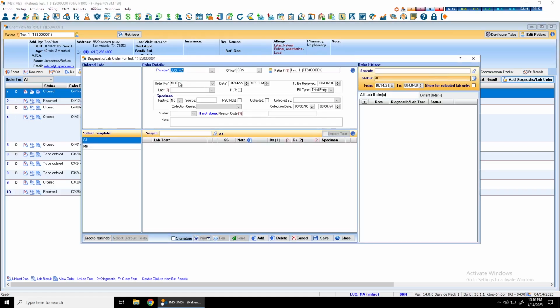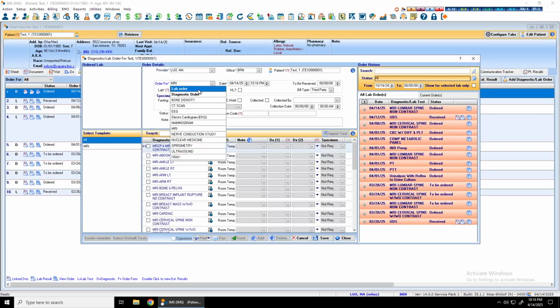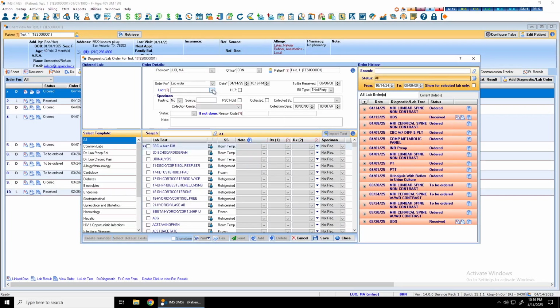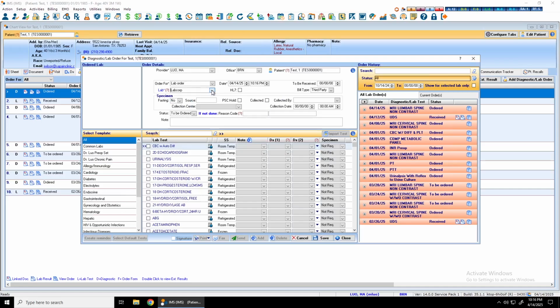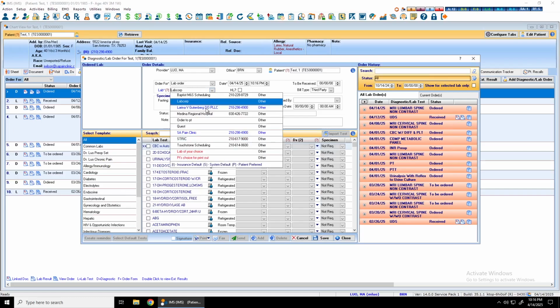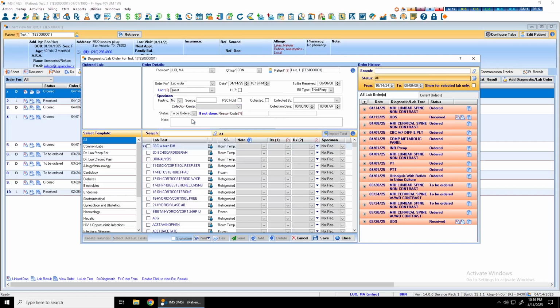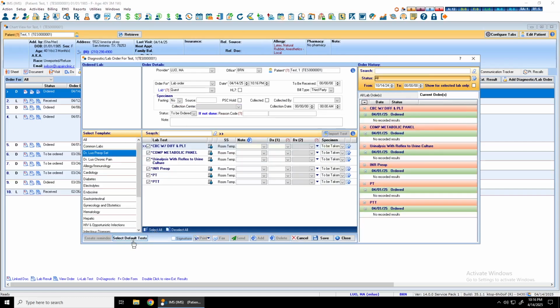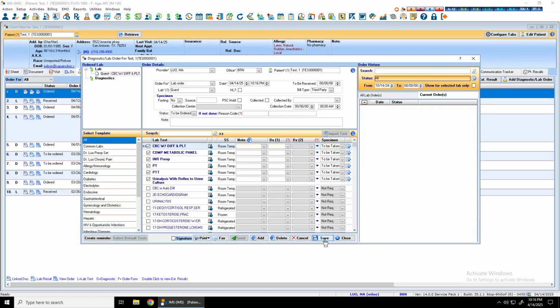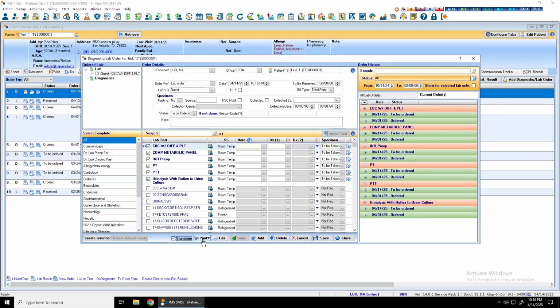So from here, I'm actually just going to order a lab order for this patient. I'm going to order to, let's say LabCorp, and then for LabCorp, I'm going to save, actually, I'm going to send it to Quest. So Quest, and then I'm going to choose my pre-op order set. I'm going to select all and select the default test. We're going to save. And then after that, I'm going to add my personal signature in there, and then we're going to send